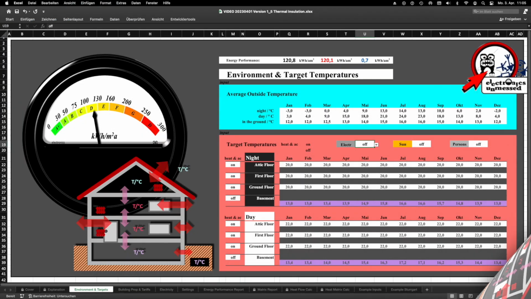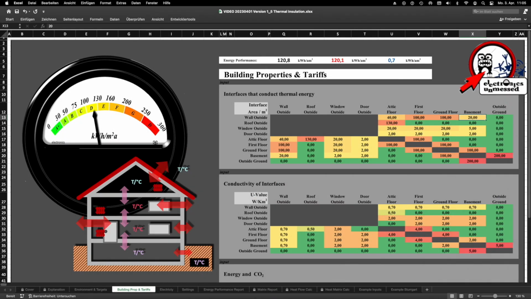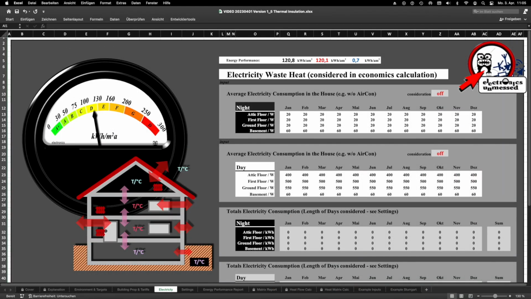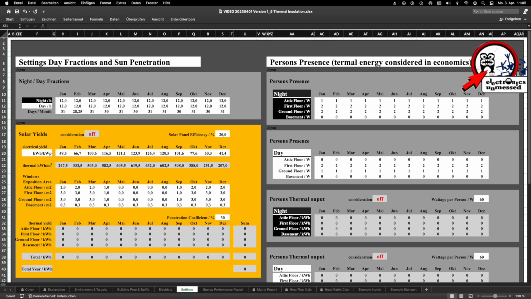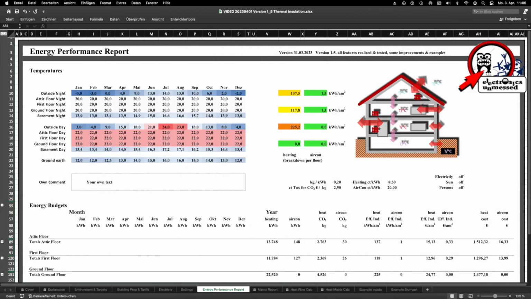A relatively simple Excel sheet has become a fairly powerful tool that you can use to estimate the effect of thermal insulation measures yourself. Of course, it doesn't replace the expert, but you can use it to make a benefit estimate yourself, which doesn't cost you anything.